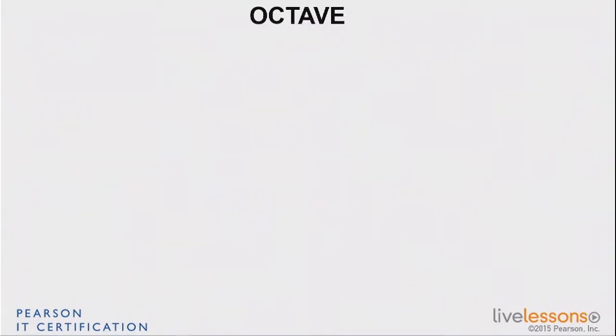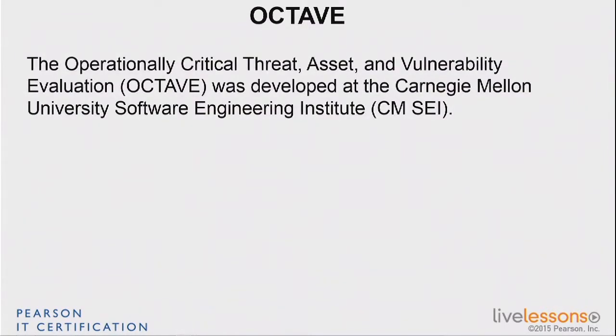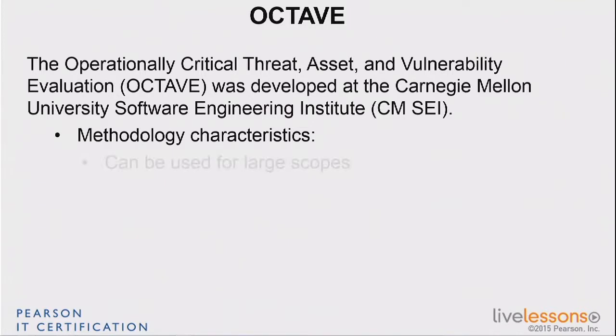The next is OCTAVE, and that's the Operationally Critical Threat, Asset, and Vulnerability Evaluation method. It was developed at the Carnegie Mellon University Software Engineering Institute. It was really designed for the private sector, and its methodology characteristics are that it can be used for large scopes. So if you said, I want to do my entire organization as opposed to an individual system,